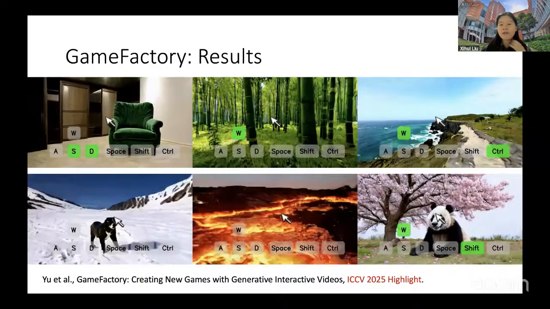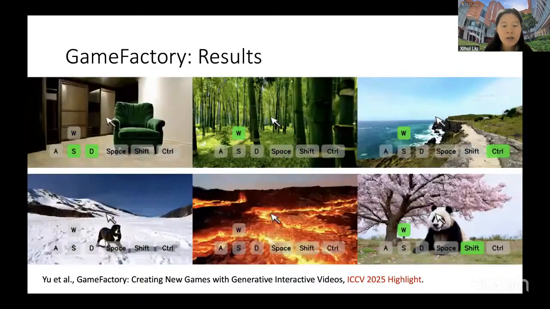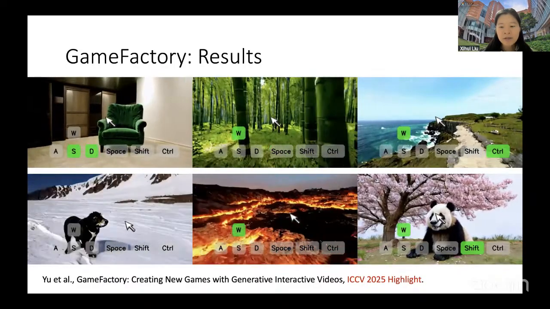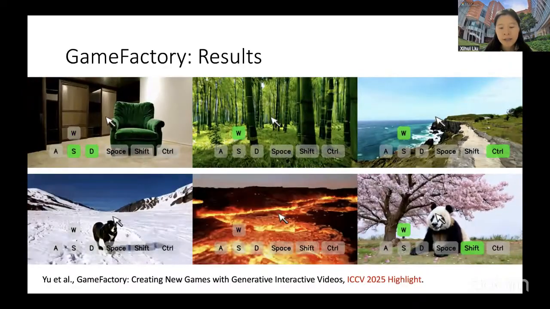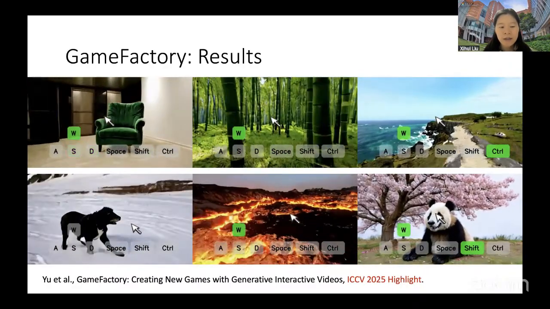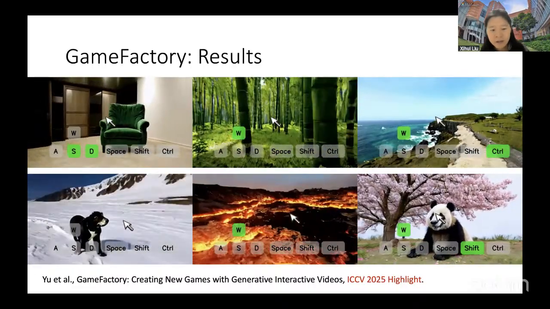So in this way, we can enable generalizable action control. Although we only use a small amount of Minecraft data to fine-tune the model, our model is able to use this type of action control on any general domain videos.